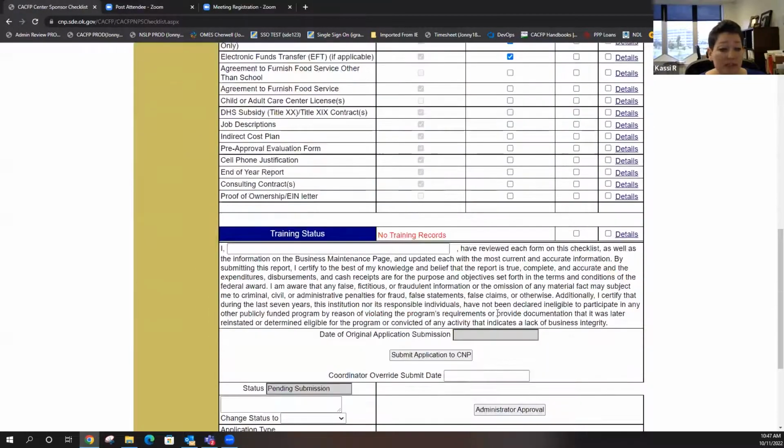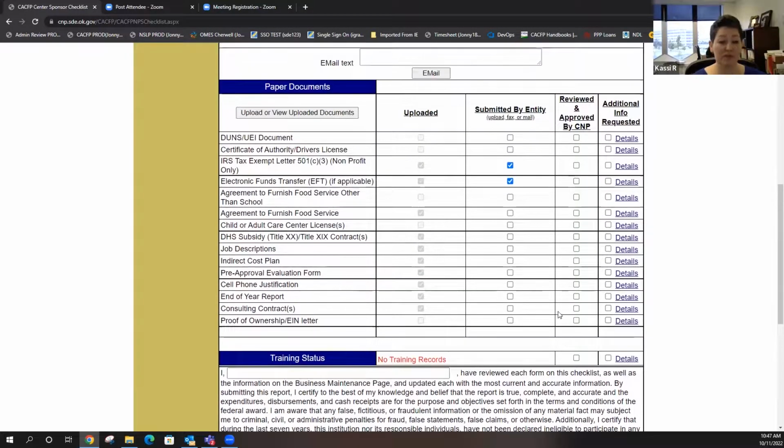Once you submit the application, we have 30 days to review. I don't anticipate the mess we had last year. We were approving applications until it felt like spring break. It was bonkers. But there are a few things you need to remember about why we can't approve you right away.